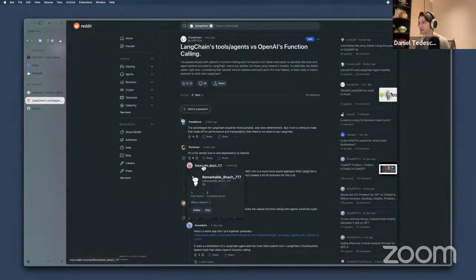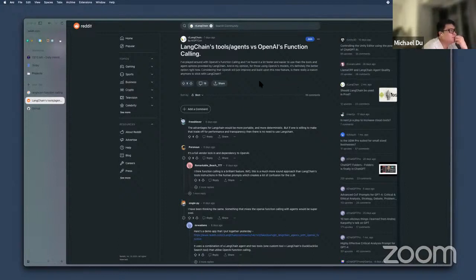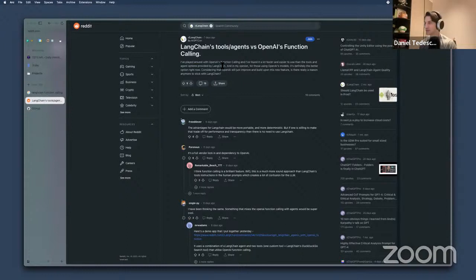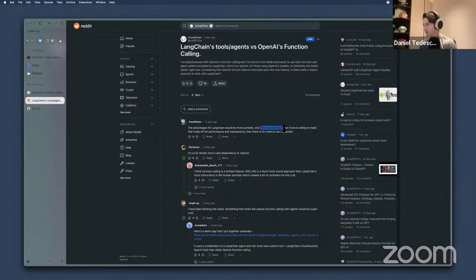Function calling. Somebody found it faster and easier than the agent options from LangChain. Okay. LangChain is more portable, more deterministic.